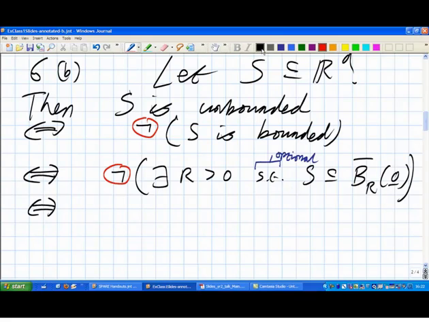Those are now correct, I hope. Then this is if and only if. Now, if it's not true that there exists a positive real number R of a certain property, that means that for all positive real numbers R, that property isn't true. So that's if and only if, for all R greater than 0,